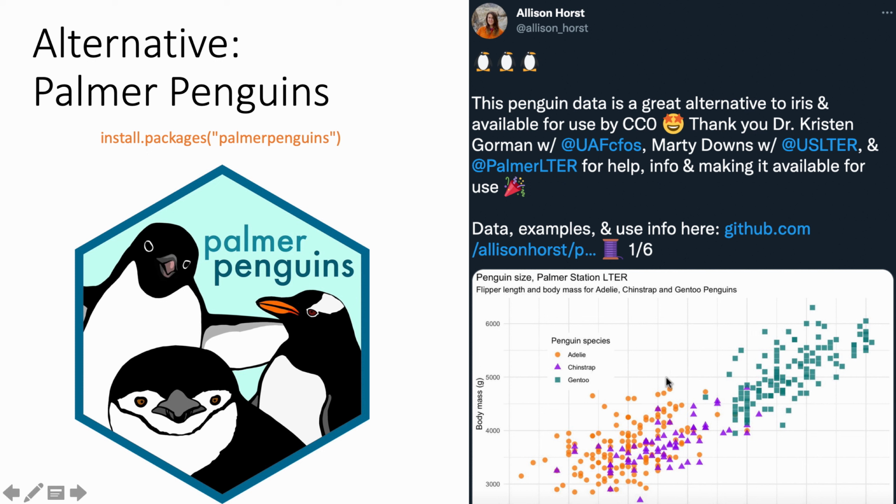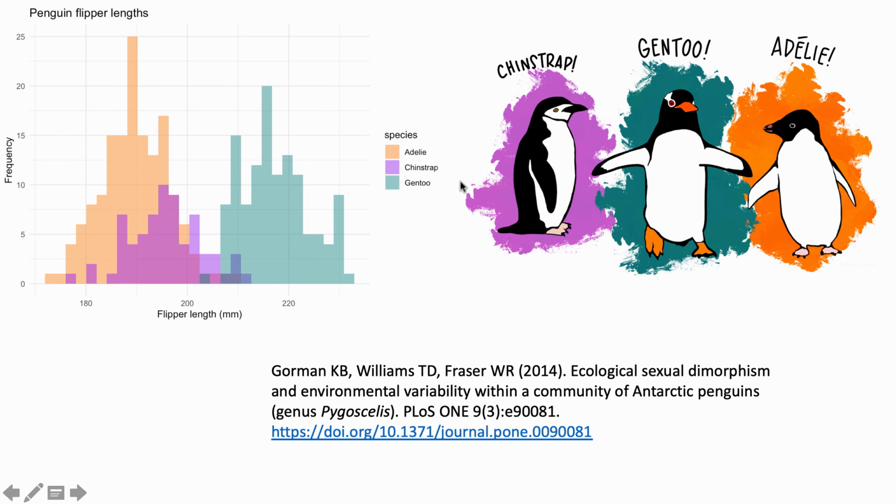And so again, it's 3 species, just like the 3 species of iris flowers, and it's just different measurements of their bill and other things. I don't even know all the variables, but this is a very commonly used data set that people have really pushed, this idea of using this penguin data set instead of the iris data set, and they have even made these cute little drawings for the penguins as well. And the good news is if you cite the penguins data set, the citation has no reference to eugenics, and so you can do basically the same thing without having to cite the Annals of Eugenics.